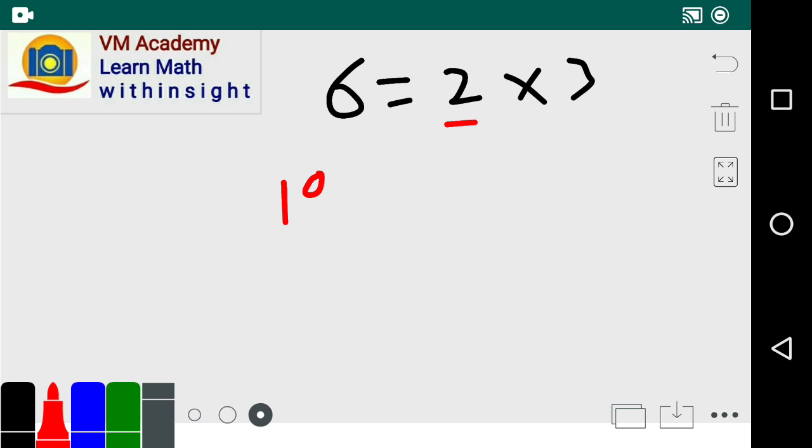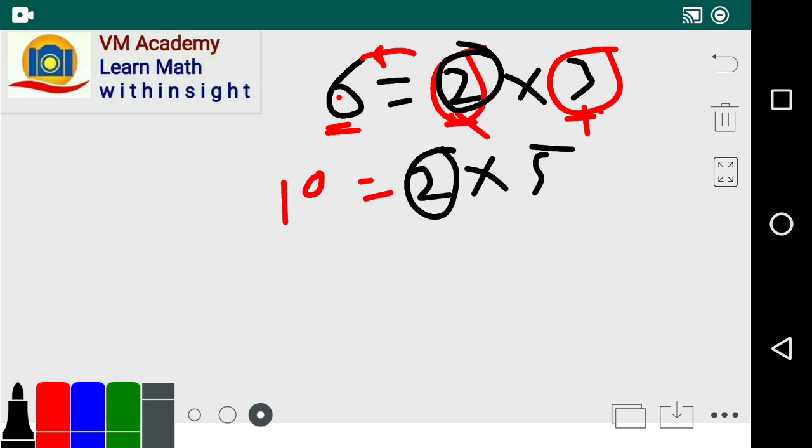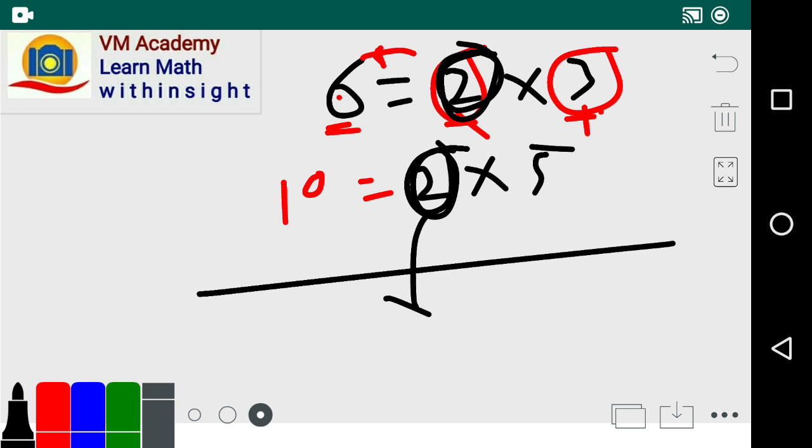Similarly, these are called factors, and this is called a multiple of each factor, friends. It is a multiple of 2 as well as a multiple of 3, and this is the product; 2 and 3 are the factors of 6. Similarly, friends, 10 can be written as 2 into 5. Now between these two numbers, 2 and 2, there is one common factor, friends, just 2.